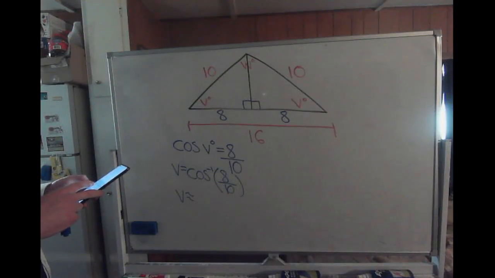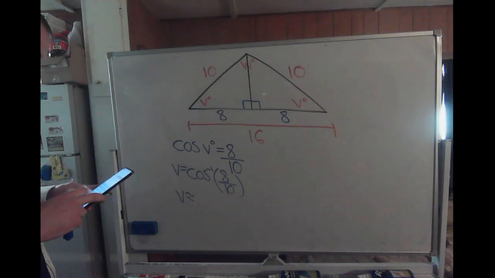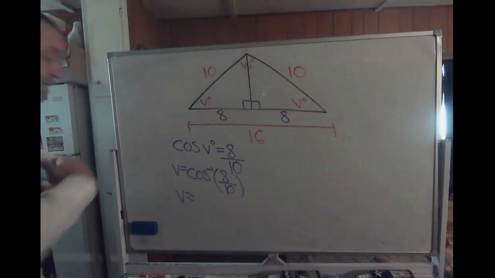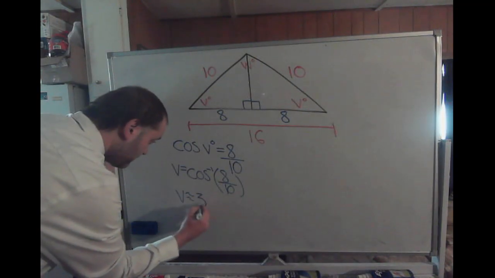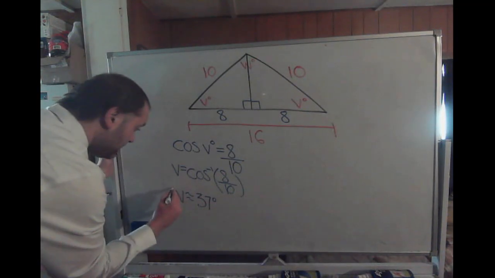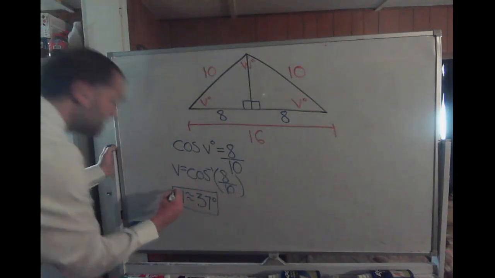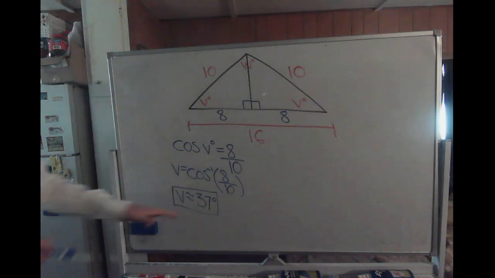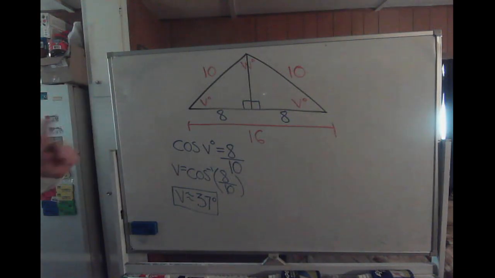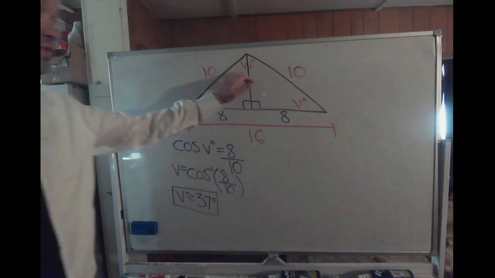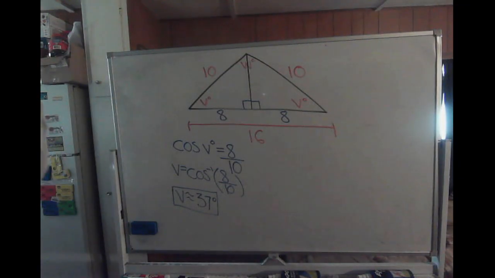So let's go ahead and find the cosine inverse of 8 divided by 10. That'd be about 37 degrees. So V is approximately equal to 37 degrees, right? Well, we still have to find the degrees of W, but that's not going to be too bad. In fact, we don't even need to do any trig for that,